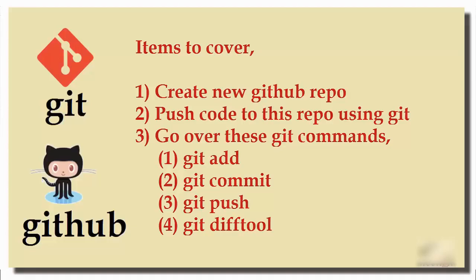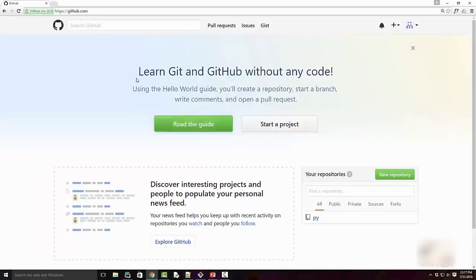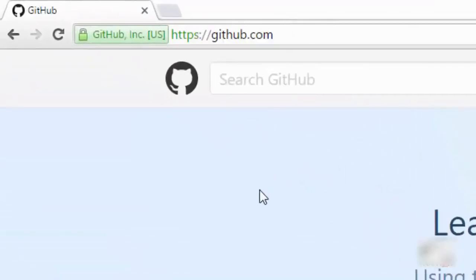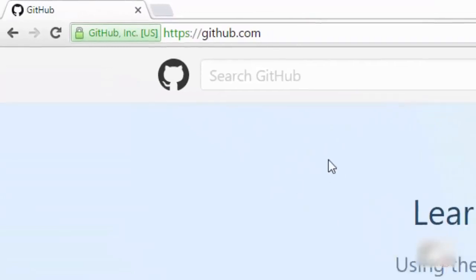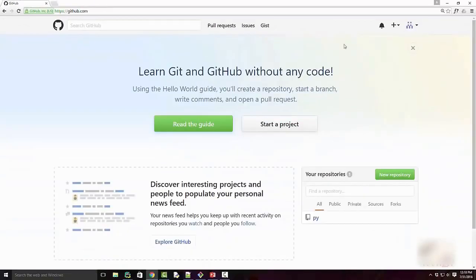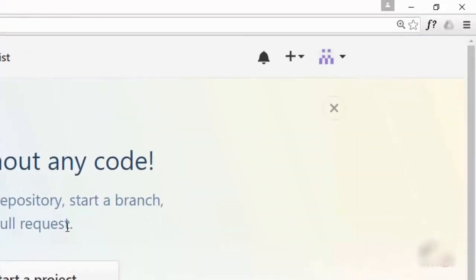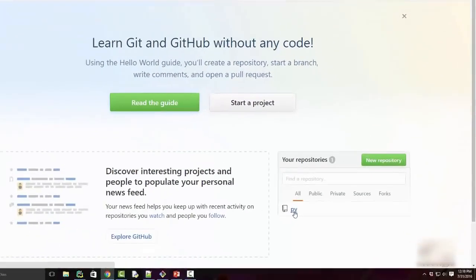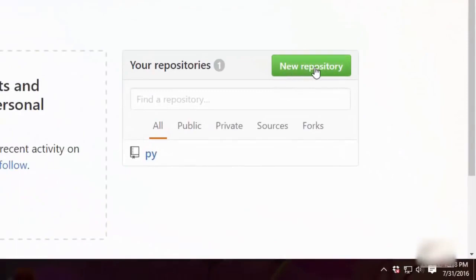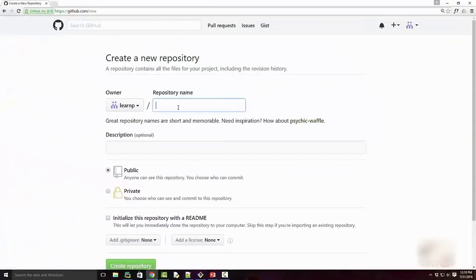To create a GitHub repository, first of all you need to go to github.com and create an account. I already have an account, so I'm already logged in as a LearnP user into github.com. I already have one repository called py. I'm going to create a new repository. I'm just going to call it test